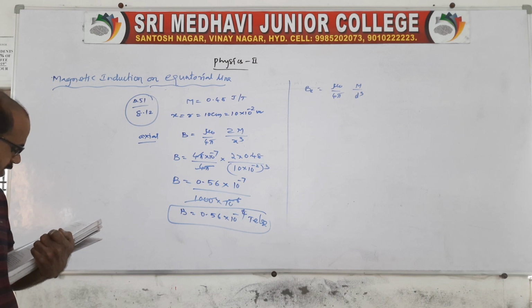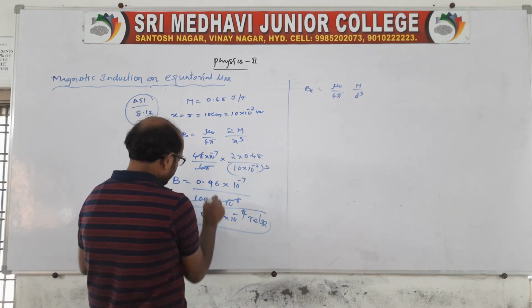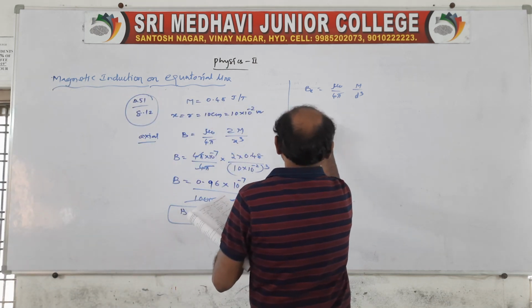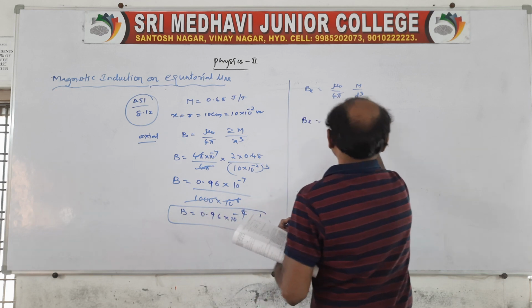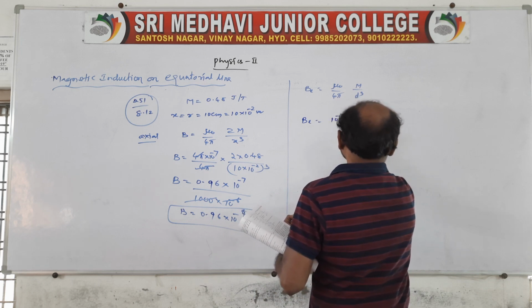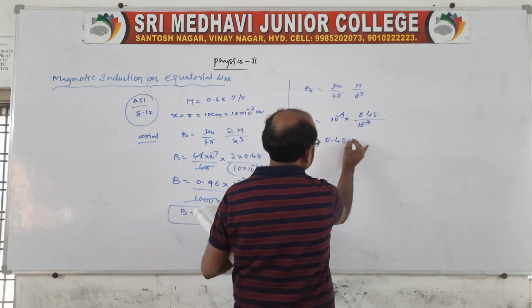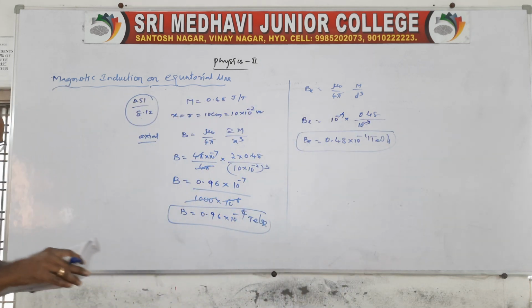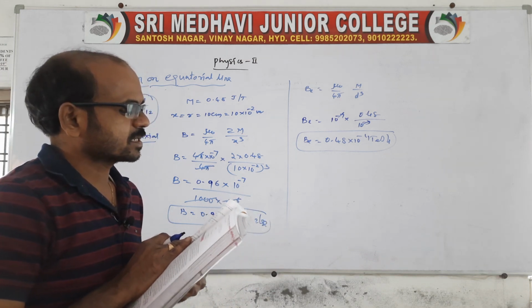Then why is it wrong, getting 0.56 when it should be 0.48? 16 1, okay, 8, no, 9 it is, of course 9. I did wrong here. And on the equatorial plane, B equatorial is equal to 10 power minus 7 only left, capital M is 0.48 divided by 10 power minus 3, because it is already there, you bring it up or it is cancelled. B equatorial is equal to 0.48 into 10 power minus 4 Tesla. Like this we can take, go through this.